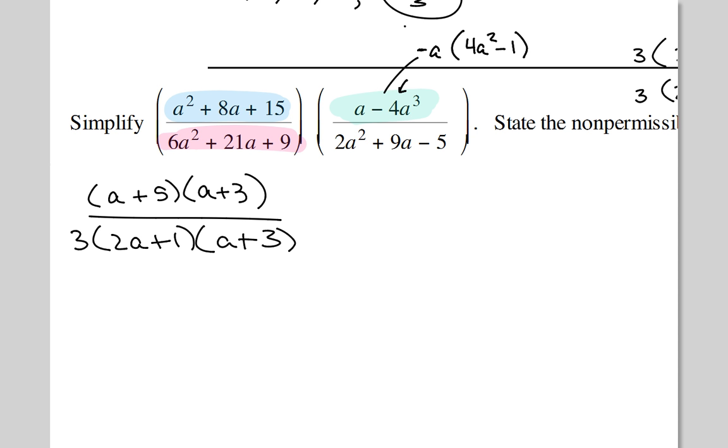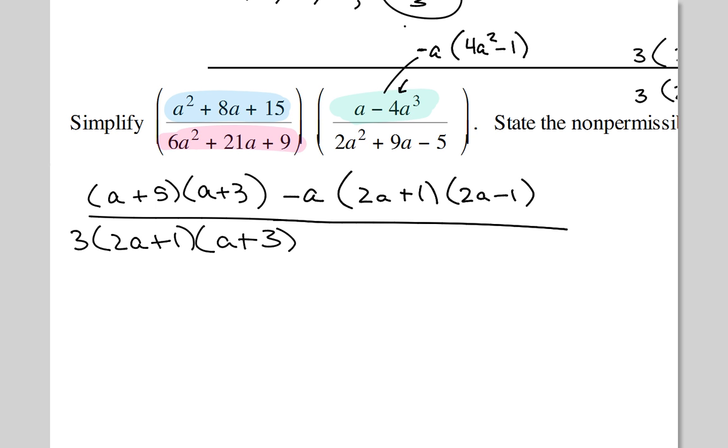I always take out the negative lead and then reorder all in one step. So I got a negative a there, and then that guy's going to factor to 2a plus 1 and 2a minus 1. Okay, all over